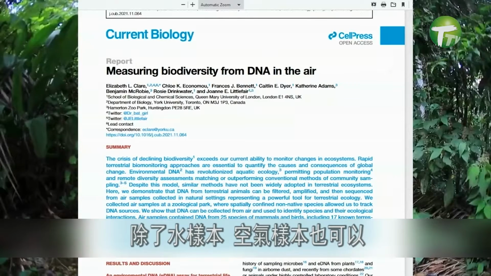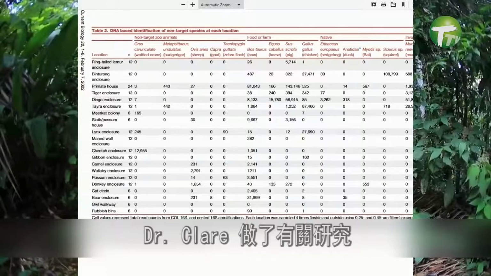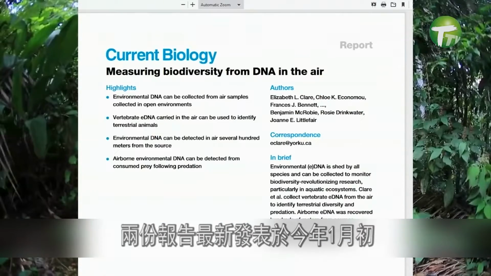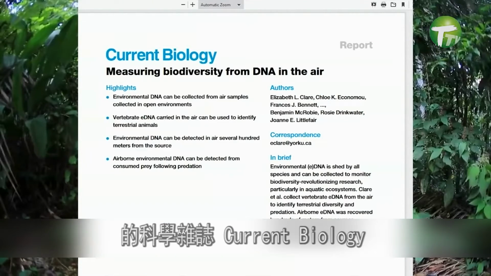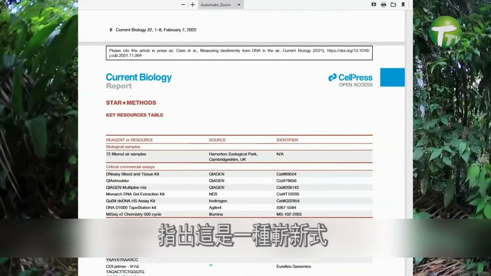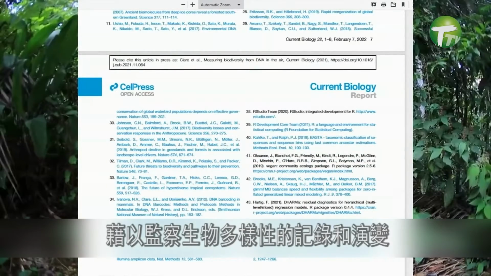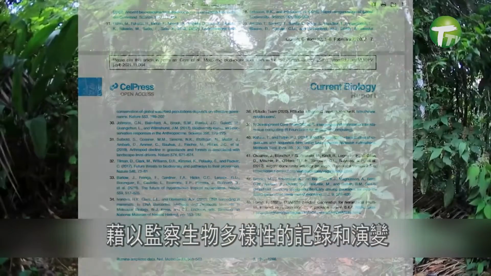除了水样本，空气样本也可以收集到 DNA 的信息。Dr. Calera 做了有关的研究，2份报告最新发表在今年1月初的科学杂志《现代生物》上，指出这是一种崭新式的非侵入性检测方法，借以监察生物多样性的记录及演变。